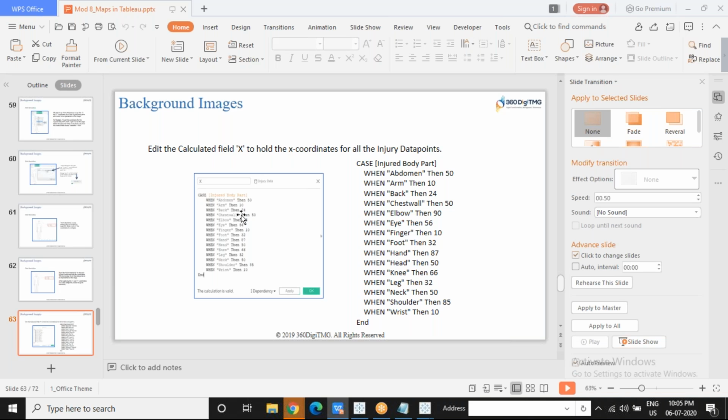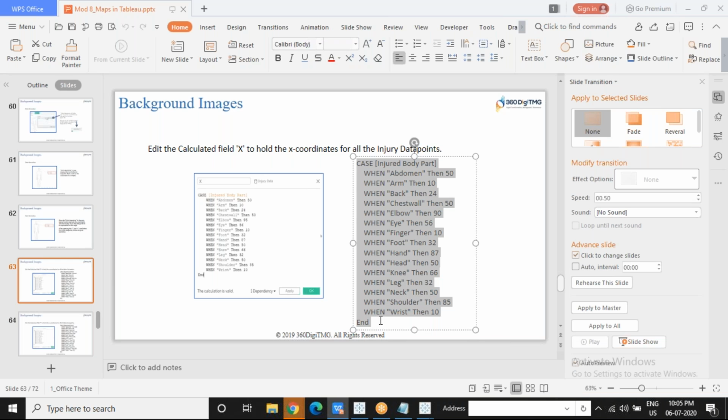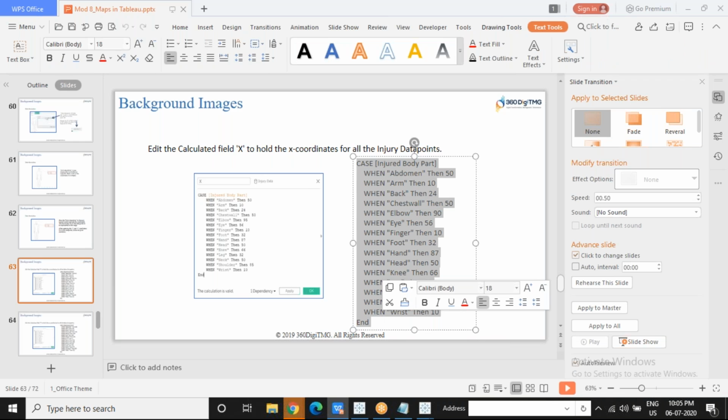Our motive now is to show the data points there, and those data points should have X coordinates. Those data points will have Y coordinates, right? Based on that, we put them on the XY coordinate plane. So we will replace 99 with the X coordinates for the different data points to be represented. I'm sending the formula on the chat. All of you take this formula, copy it,